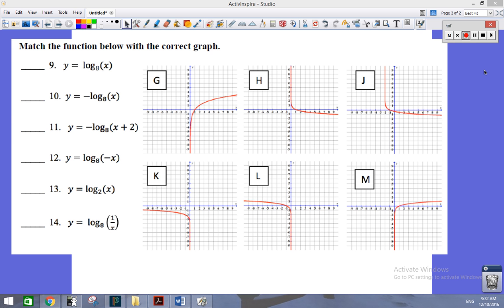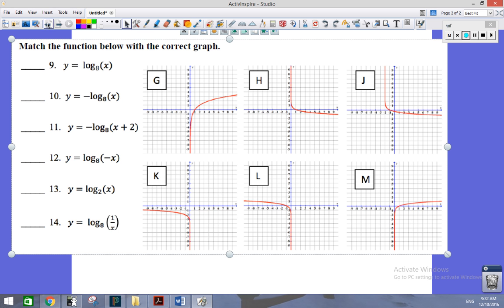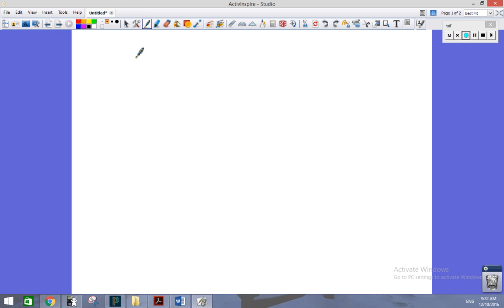We're taking a look at skill packet 5, exponential functions and log functions, and this was our test over that. And here on these 6 problems, we're looking at the graphs of log functions. We know from our basic library of functions that if you have a log, that the basic graph,